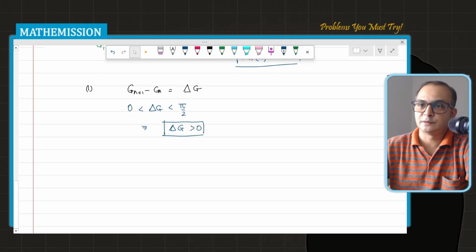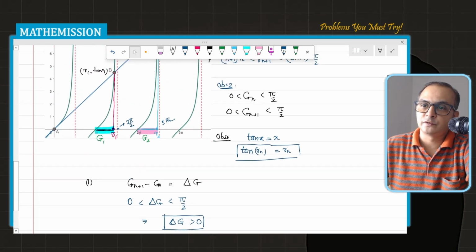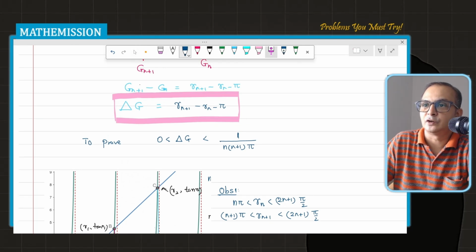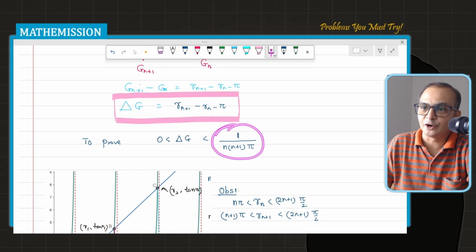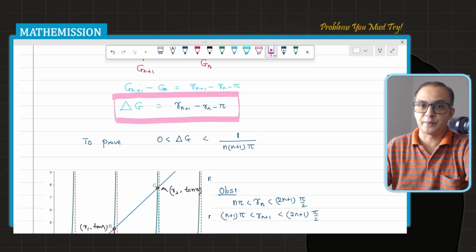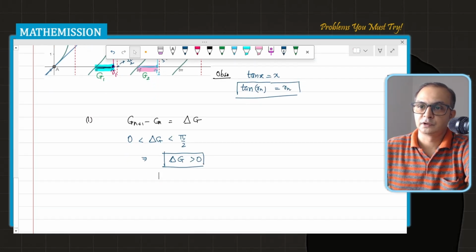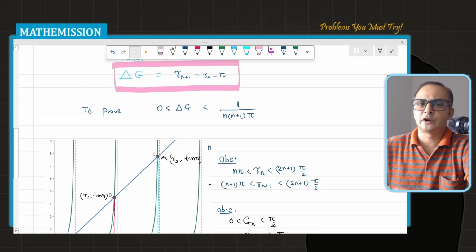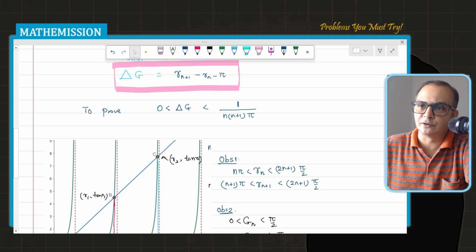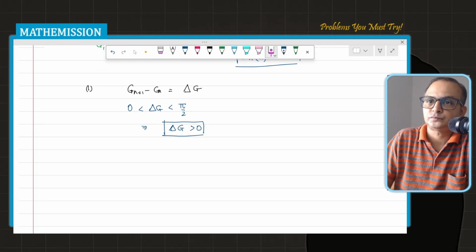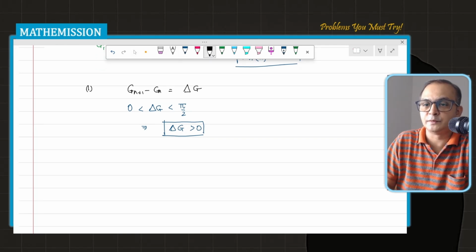The second inequality is a little bit interesting. You already proved that delta g lies between 0 and pi by 2. What we have to establish on the right-hand side is that this is also less than pi by 2. Because if it surpasses pi by 2, of course this inequality will never hold. This delta g is less than pi by 2, but we don't care about the pi by 2. We have to establish this thing only. This part is already proved. So for that, what we can see now from this first,